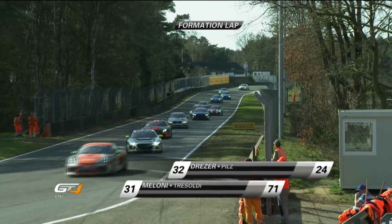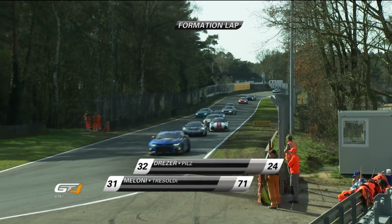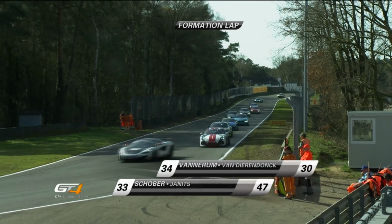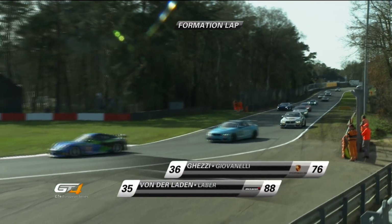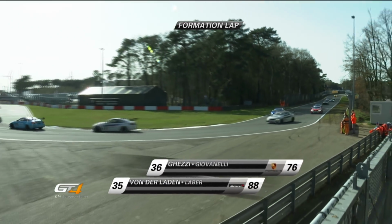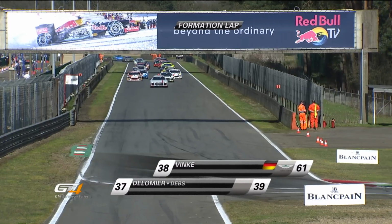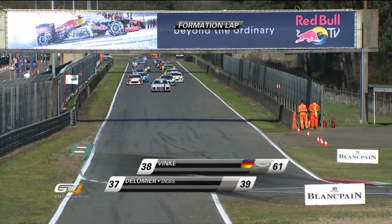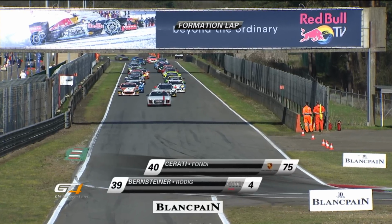So the formation lap here around Zolder. Wonderful, wonderful spring day. In fact, it feels almost like a summer's day. And still the field keeps coming. Van Arum and Van Dierendonk also racing in some of the other support races to get track experience. But eventually at the end of qualifying, we had all 44 cars setting a time, so 44 cars should be coming around. Luckily, we haven't lost that Racing One Audi that failed to get away at the first several attempts